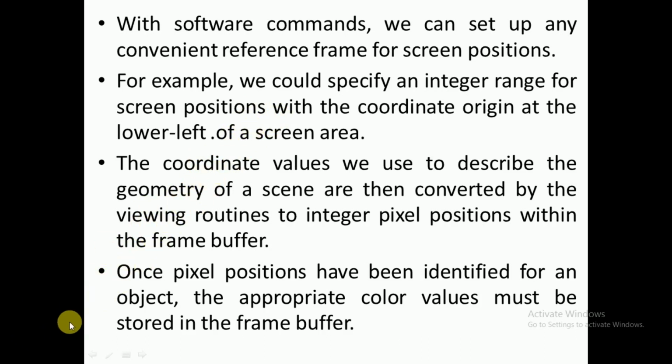Then which is the next pixel? After 10, 10, which next pixel do I have to switch on? Then after that, which next pixel do I have to switch on? There are many scan conversion algorithms out there. You execute them to calculate the next pixel till the end, right? Once you identify the pixels along that line from starting point to end point, the color values must be stored in the frame buffer.